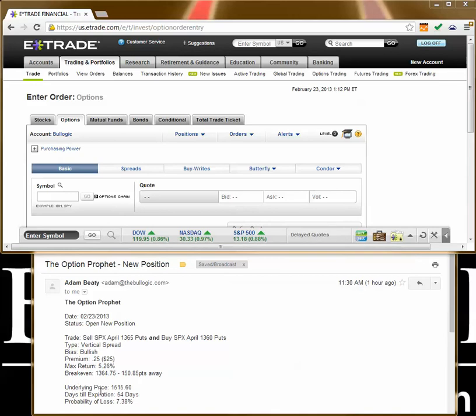Our underlying price, that is what the SPX is currently trading at right now. It's 1515.6. We also have the days to expiration and probability of loss, and both of those are pretty self-explanatory. So when you open up your email, you read through it, you see all this stuff, you get into your